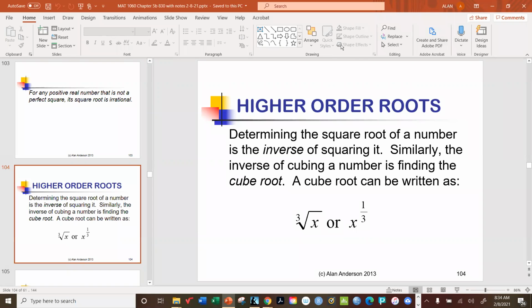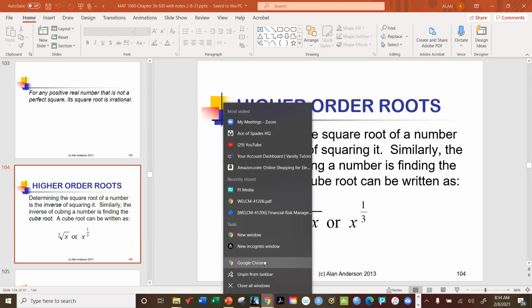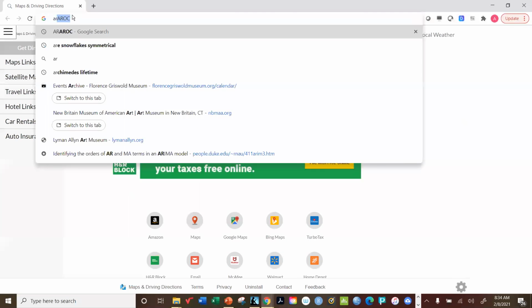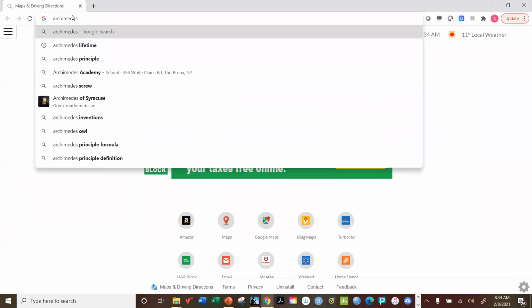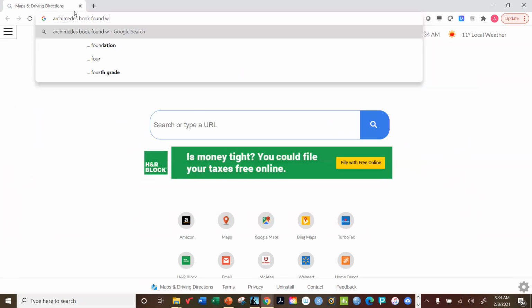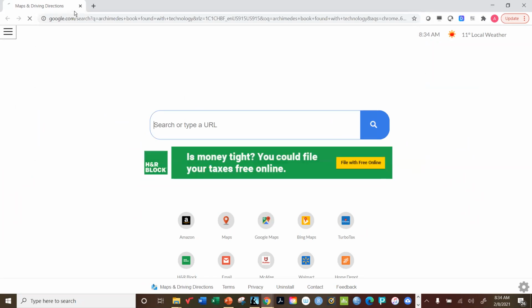Oh, vellum equals sheepskin. Oh, that's right. Yes, it is. That's interesting, because we're talking about Archimedes. Yes, the book that was recovered. This was about 10 years ago now. In fact, maybe we could find an article about it in the New York Times or something. I don't know exactly how to look for it, but